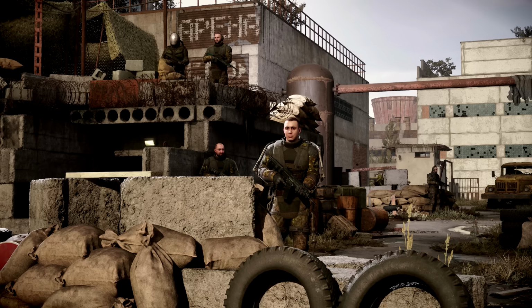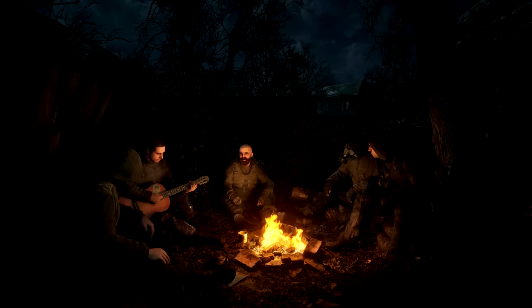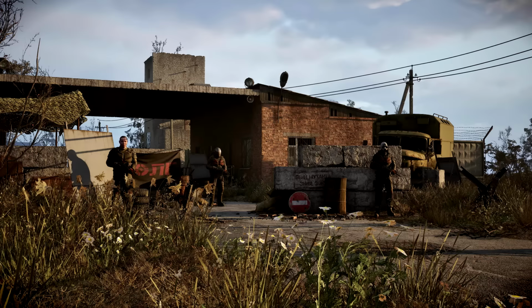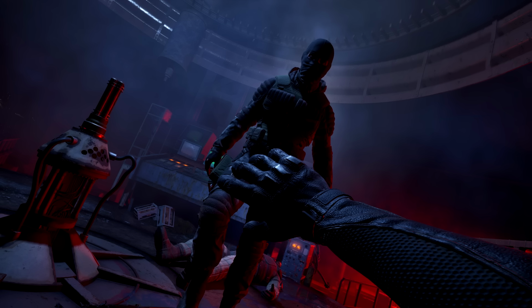In the developer commentary, Maria and Dmitry mentioned some interesting information about factions. All the groups will have unique bases arranged in ways to reflect their ideologies. The characters will also act accordingly to their personalities. For example, Duty members will enforce military discipline, loners will remain alone or in small squads, and Monolithians will generally be